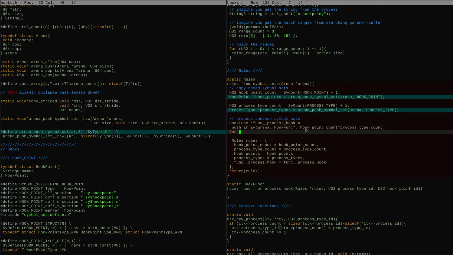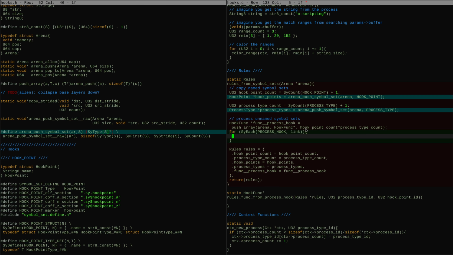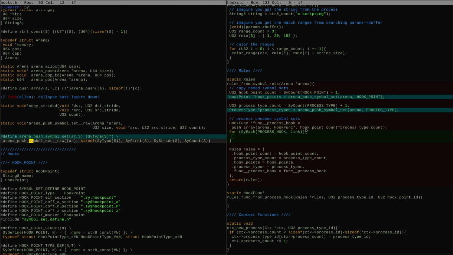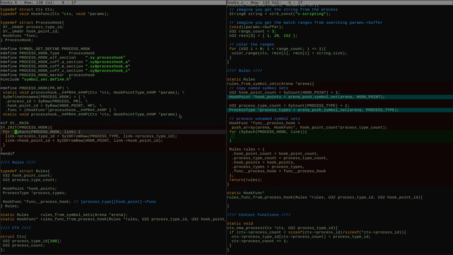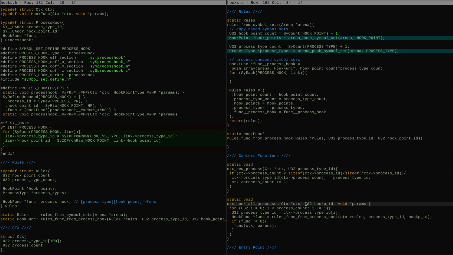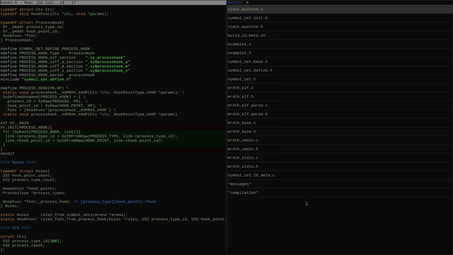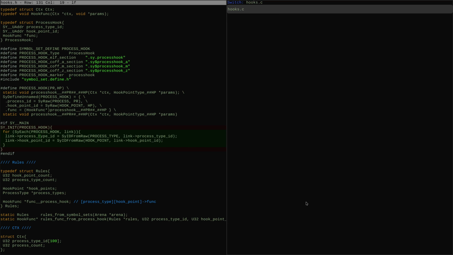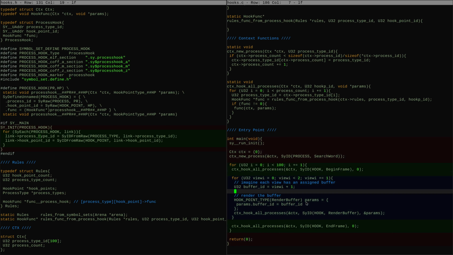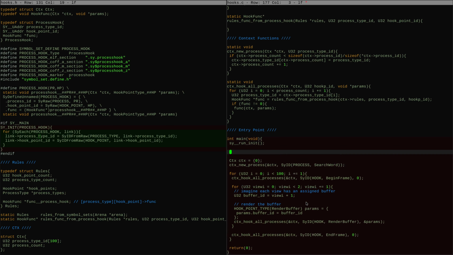So the way we fill it in is we do a loop over the process hook links. Now, we have all done this before already. Here, we were doing it during scinit. This is the time set aside at the beginning of main to fix up the IDs. This will happen after scinit. Right, this is going to be something like